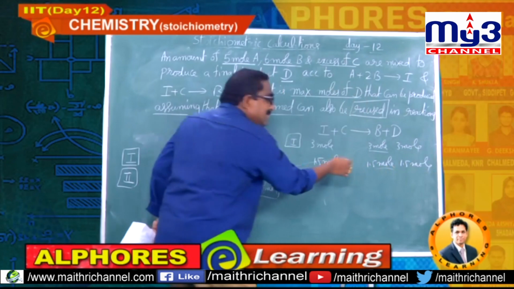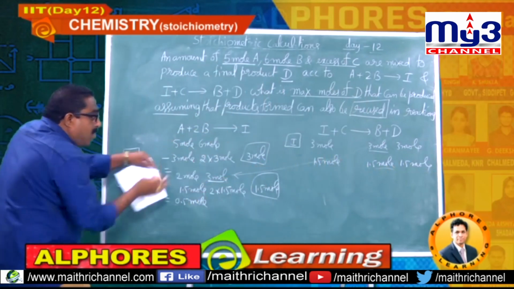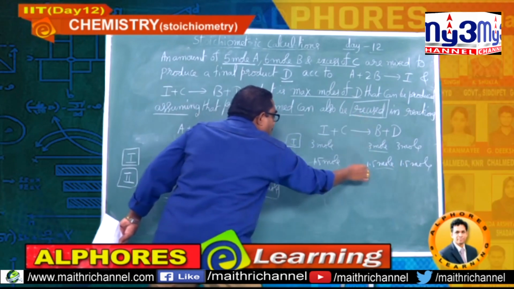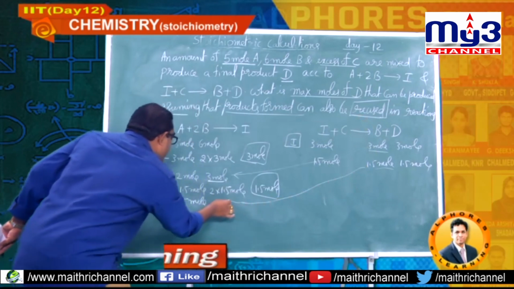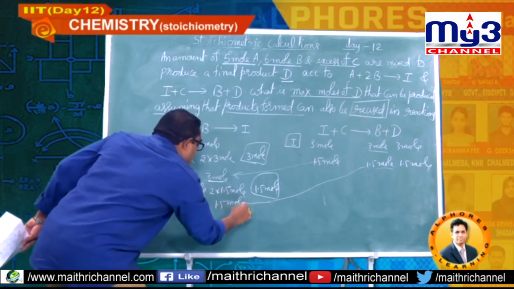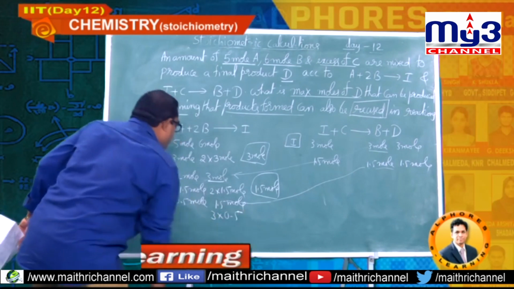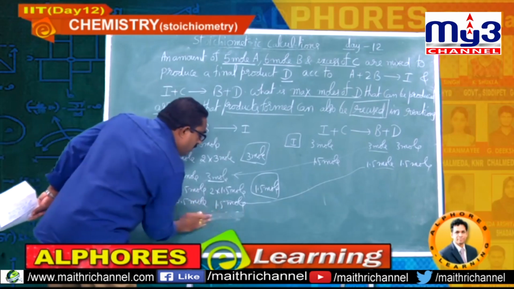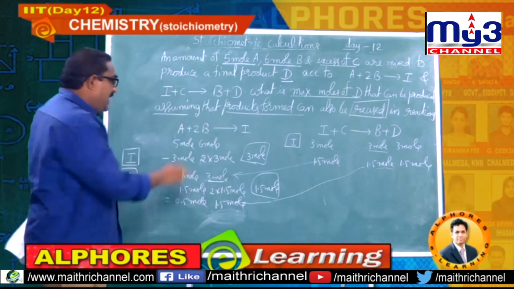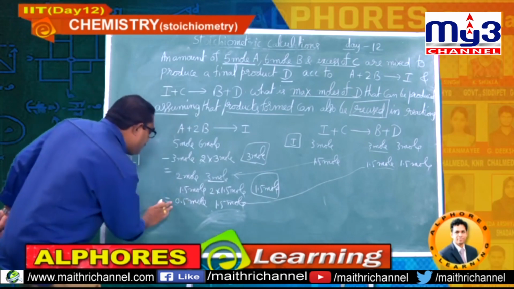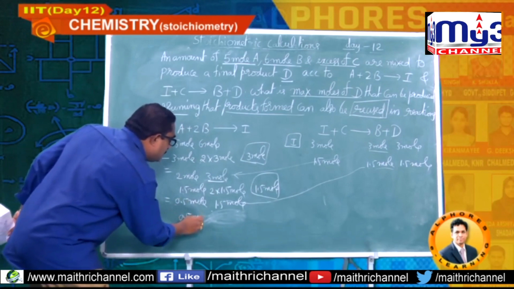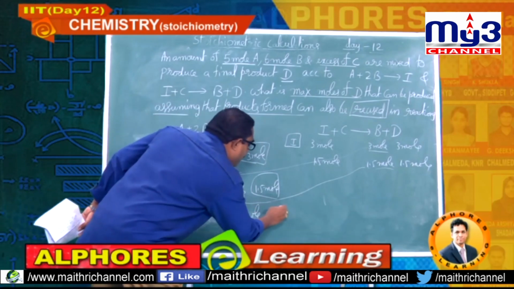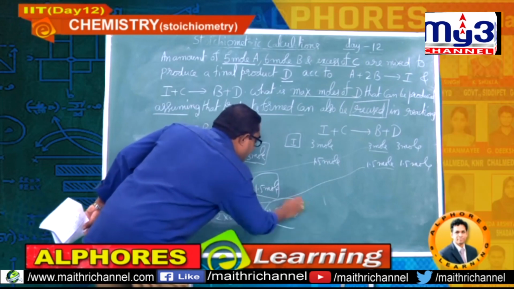Again B is forming, again A is left. So both can react again. So take this 1.5 mole, because he is using reused. So take this 1.5 here. I am writing here 1.5. So make it as 3 parts, 3 into 0.5. Here 2 into 0.5. No, it is not there. So now you have to fix A as limiting reagent. A is completely consumed. So B required is 2 into 0.5 mole. Here production of A is 0.5 mole, students.